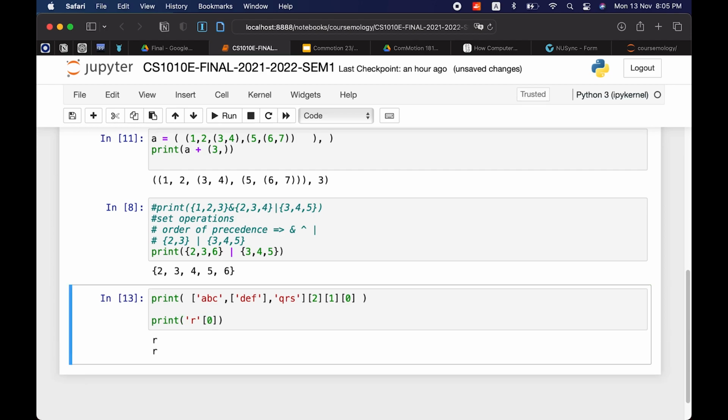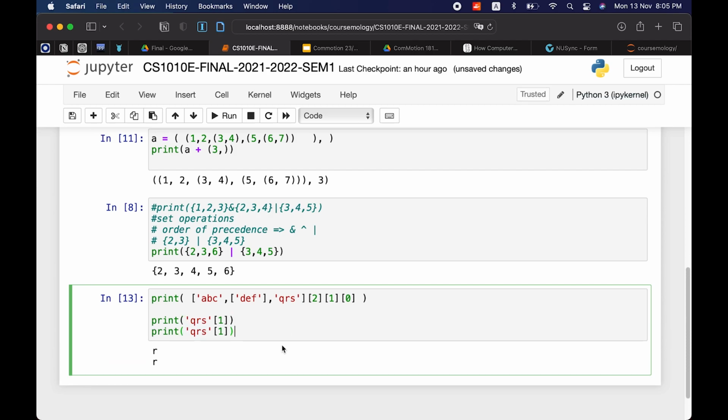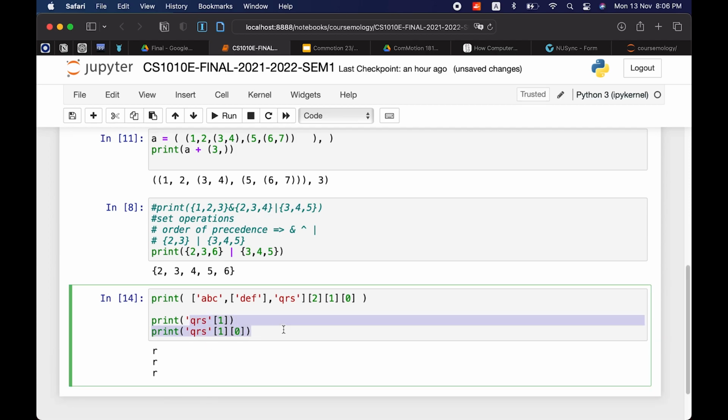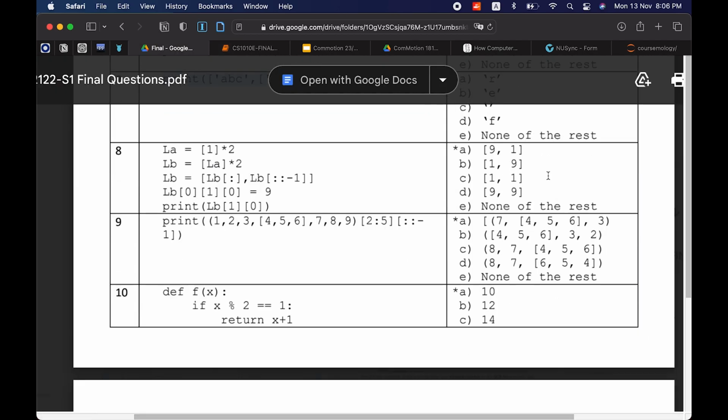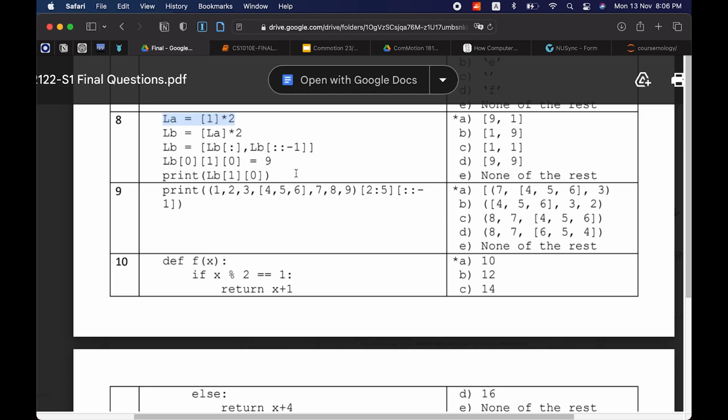That's just R. Yeah, it's basically just R. So we got QRS 1, that's R, the string R. Then we put 0. So if we print QRS 1, 0, it's the same thing. Okay? Yeah.